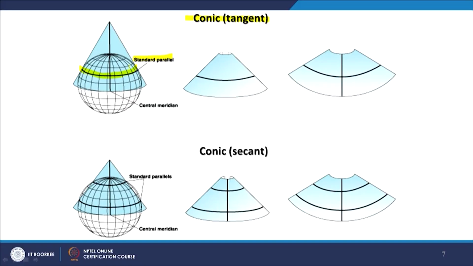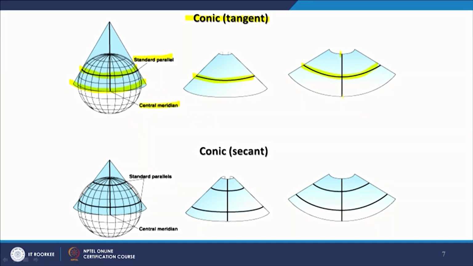throughout that cone, it touches the earth. So, that becomes our standard parallel, and the central meridian is that which touches the bottom of this cone, and it is currently coinciding with the equator. So, that becomes my central meridian, and this is the standard parallel, and then these longitudes are also